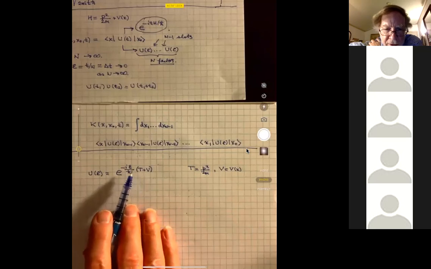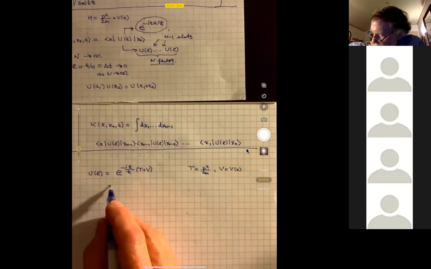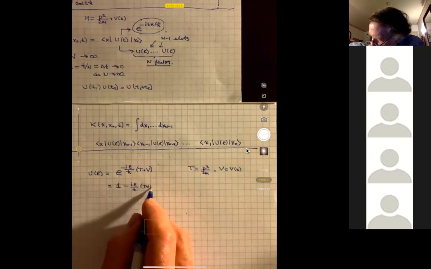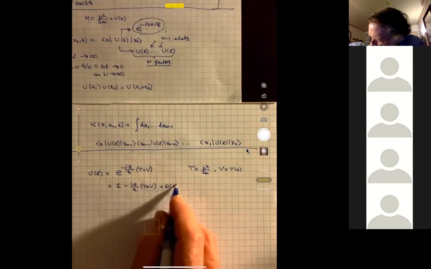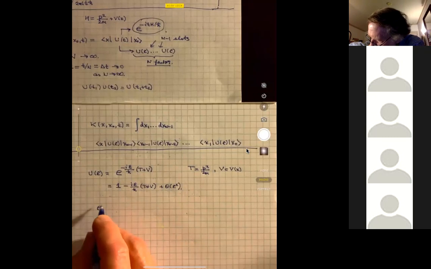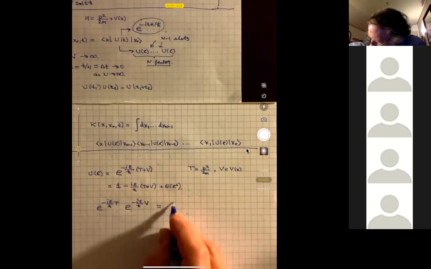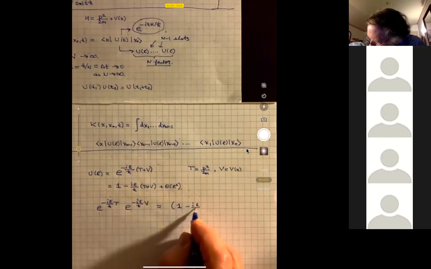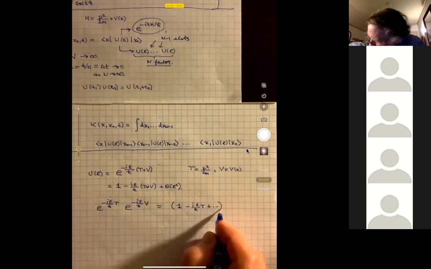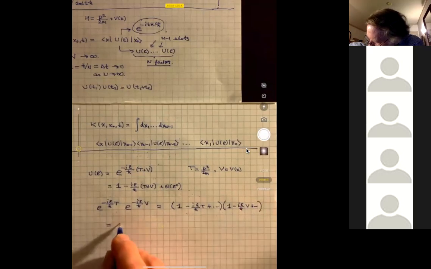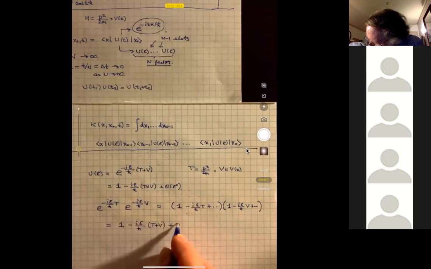And here's what we're going to do. We're going to take advantage of the fact that epsilon is small. In particular, if I expand this in a power series in epsilon, what I get is 1 minus i epsilon over h bar times T plus V plus order epsilon squared, just carrying it through first order. On the other hand, if I took the product of operators, e to the minus i epsilon over h bar times T, multiplied times e to the minus i epsilon over h bar times V, and expand those, then the first factor is 1 minus i epsilon over h bar T plus the second order term. And the second factor is 1 minus i epsilon over h bar V plus the second order term. And if I multiply those series together, what we get is 1 minus i epsilon over h bar times T plus V plus order epsilon squared,